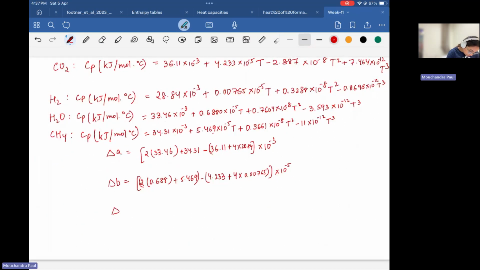Then for delta C, 2 into, for water, then for methane,